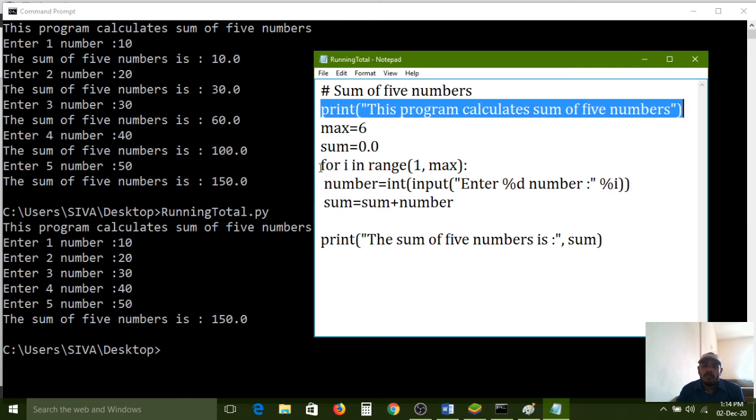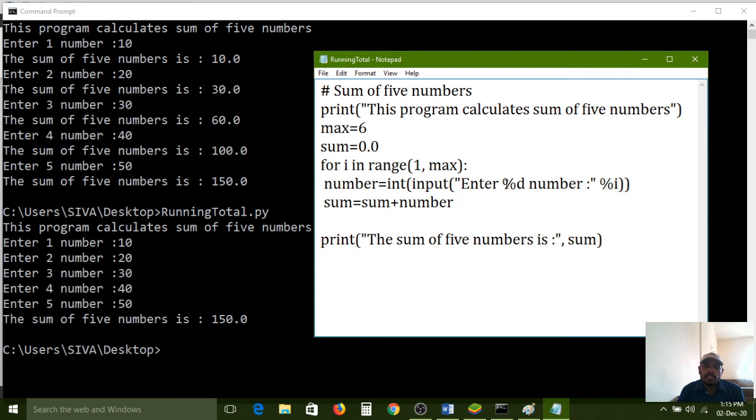After that, here we have configured the for loop. The i variable reads the value. Enter the first value, enter the second value. So 5 times: 1, 2, 3, 4, 5. That index is generating here. After that, that value is read and stored into the number variable. That number value will be assigned with the sum variable. If you want to calculate with the sum variable, compulsorily you need to initialize the sum variable with 0 value. Now understand? That is the process of calculating running total.